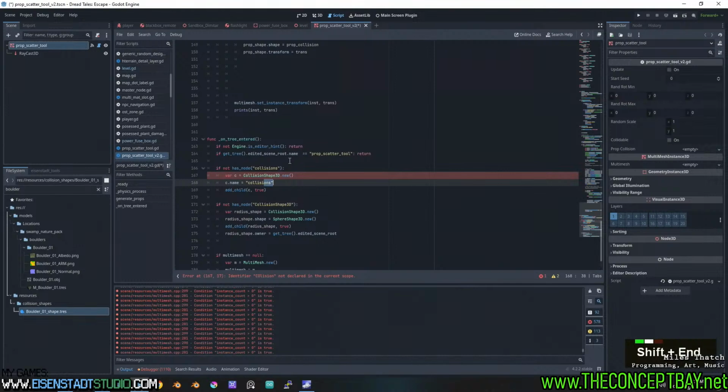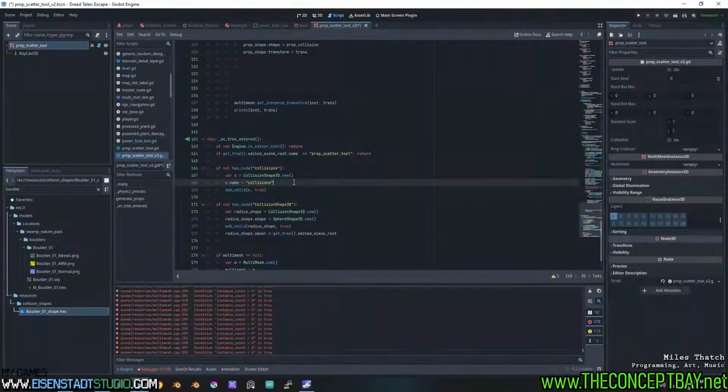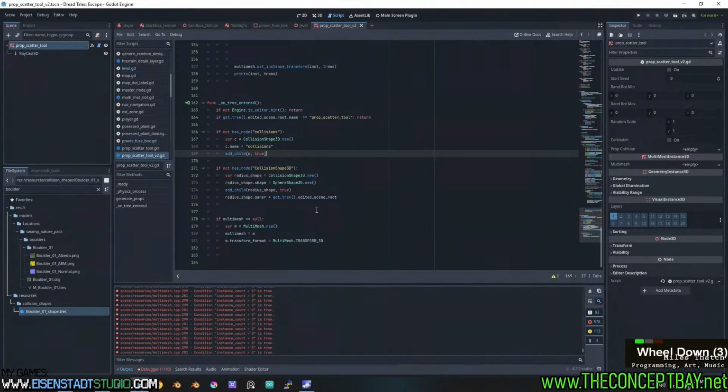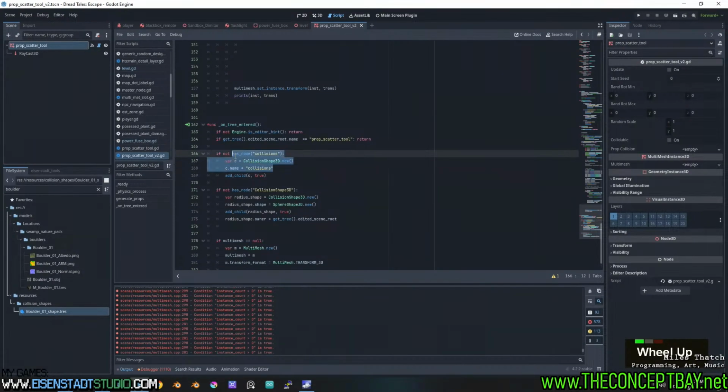I think the name has to be set. I think the name can be set like this. Okay, and then the rest should still technically work. This collisions is for